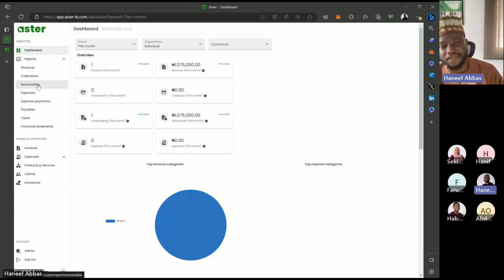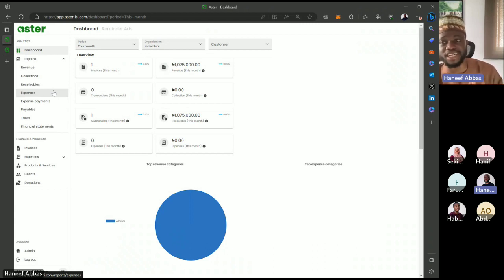So with Aster, you never lose sight of any invoice because you have a receivables report that tells you which clients are still owing you, when you sent out the invoice, and you can always resend an invoice or send a reminder. Now, one of the more recent features that we've added is expenses. And I think this one is quite new. Most people have not been using it as much. Most people use invoices a lot,